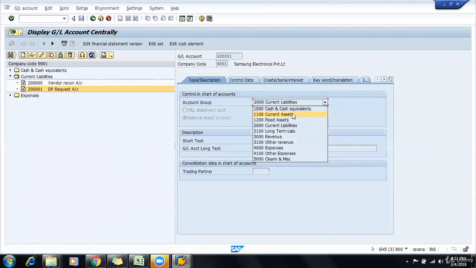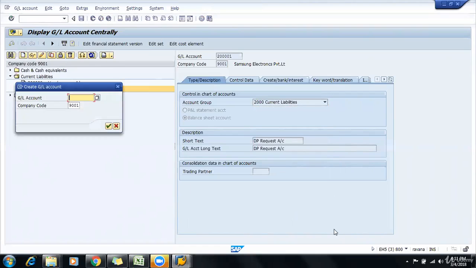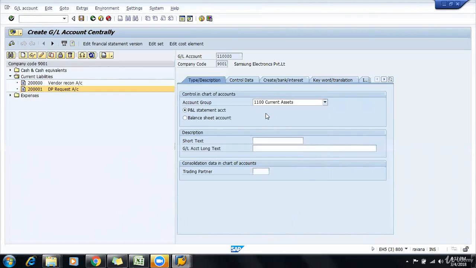Current assets start with 110000. Create new, 110000. Current assets, balance sheet, DP made, or DP should be okay. It's up to you, whatever name you wish to enter, you can enter here. Then control data,